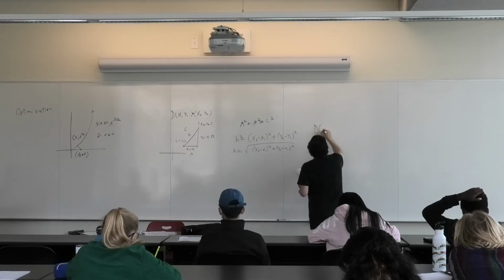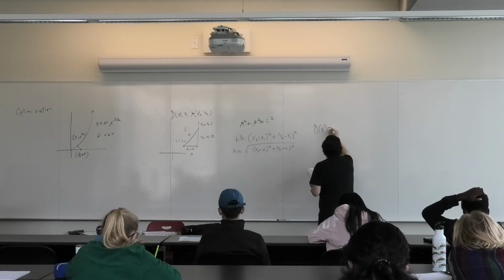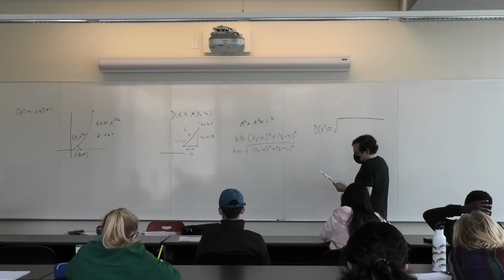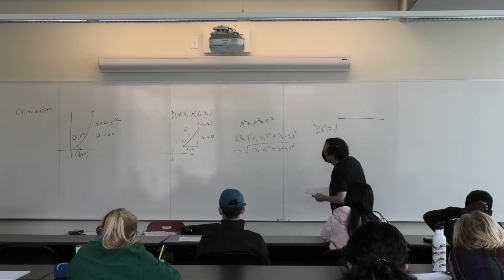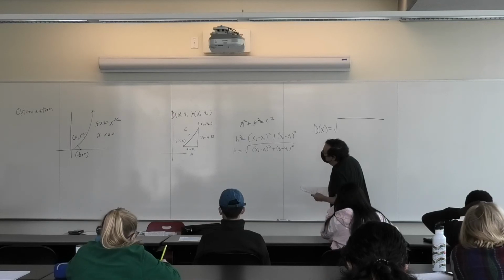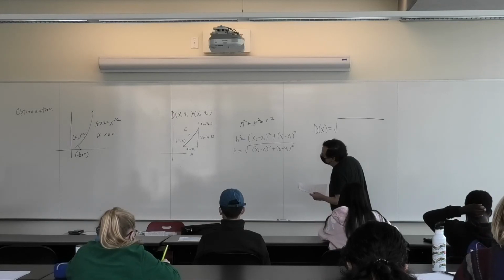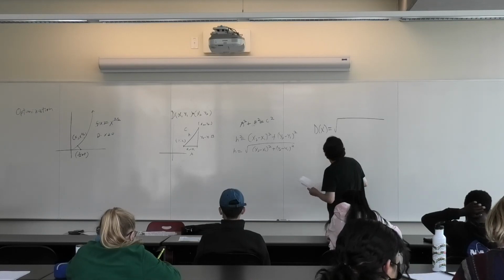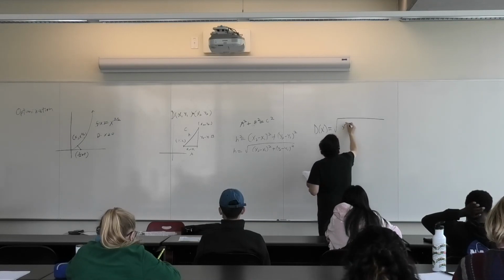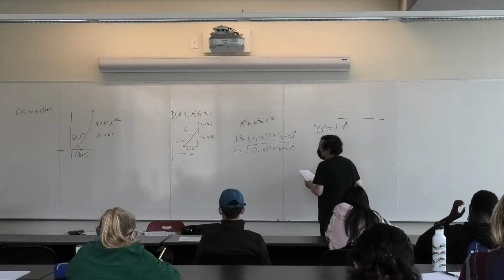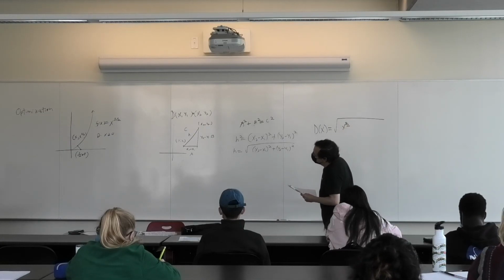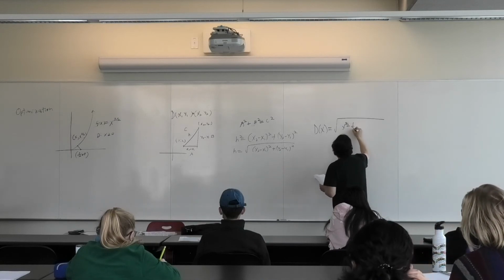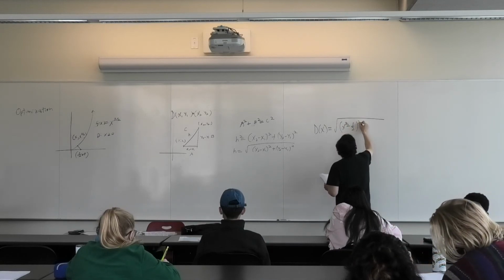So the distance, my hypotenuse, is the square root of x2. x2 is, let's say, x to the 3/2 minus x1, which is 1/2, squared,